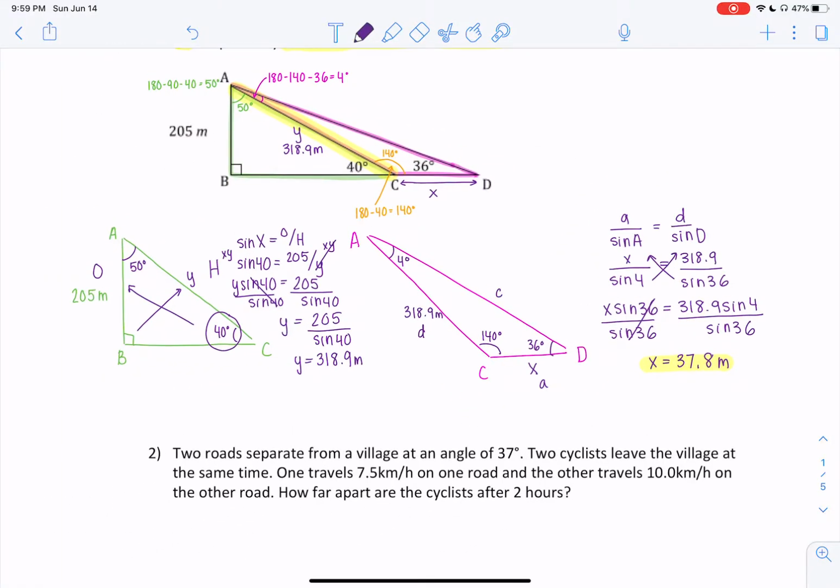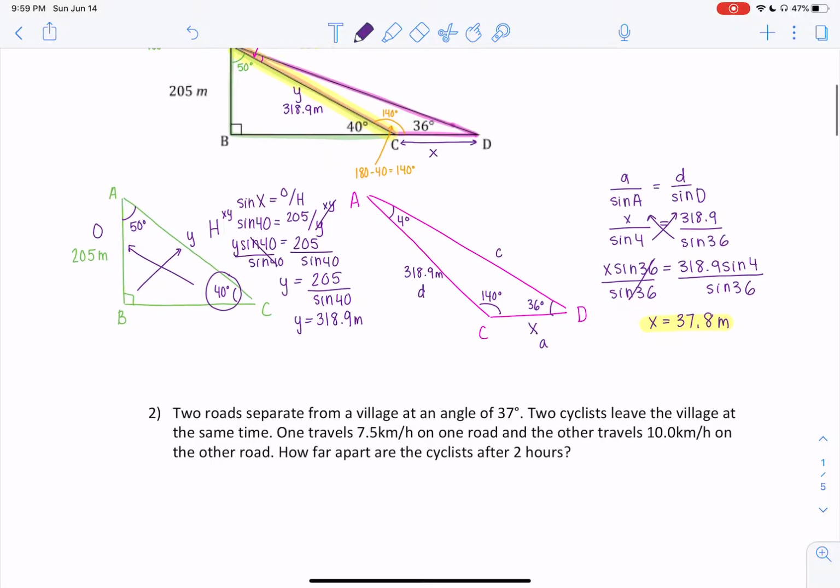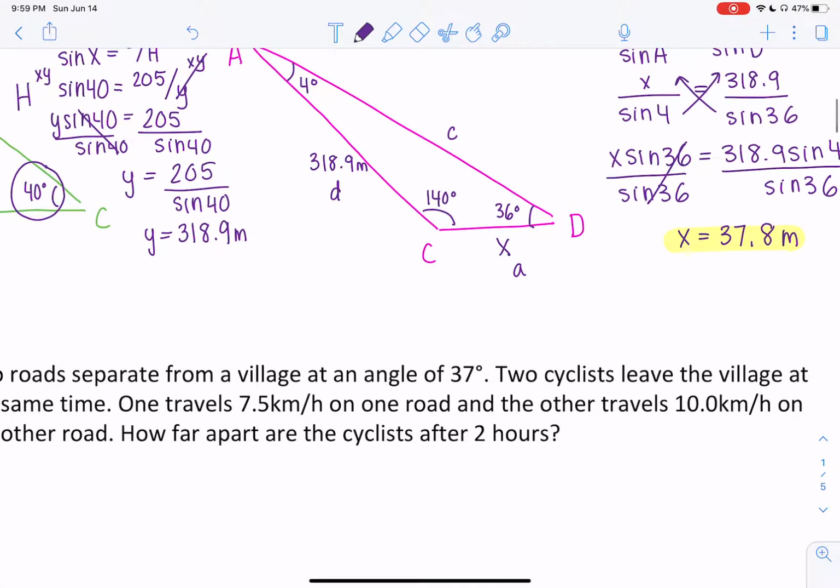Now, the last thing is, because I had words in my question, I need to have a therefore statement. So I'm going to say, therefore, the distance between C and D is 37.8 meters. Now that question is very challenging, but the more you do them, the better you'll get at